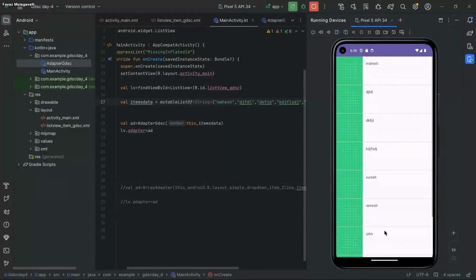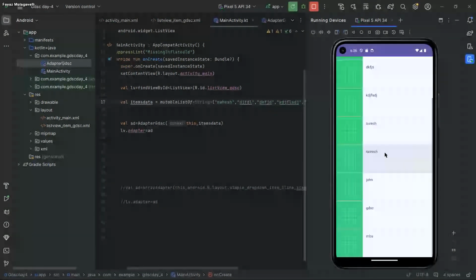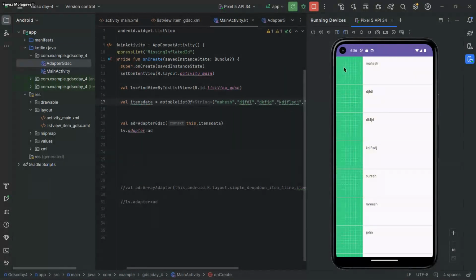Same like the Gmail app. Here you can design it like